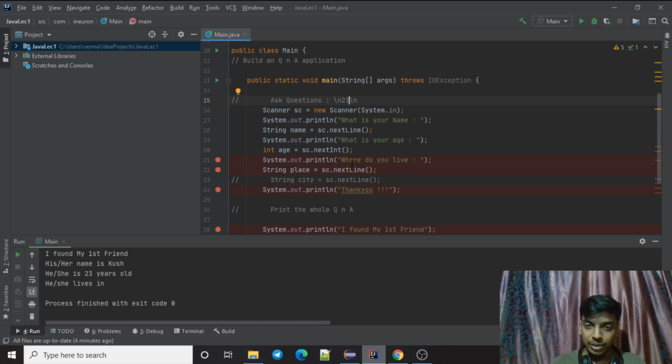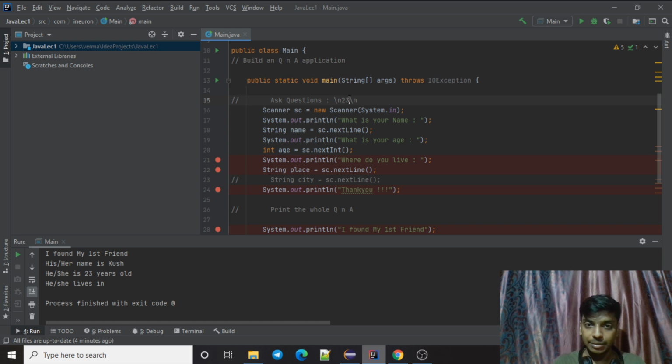When it comes to place, it sees that I have a new line here. So it reads everything before the new line, which is nothing but an empty string. Between 23 and \n, it has nothing, right? So this is basically an empty string, and that got loaded to place. That's why it did not stop for my input.